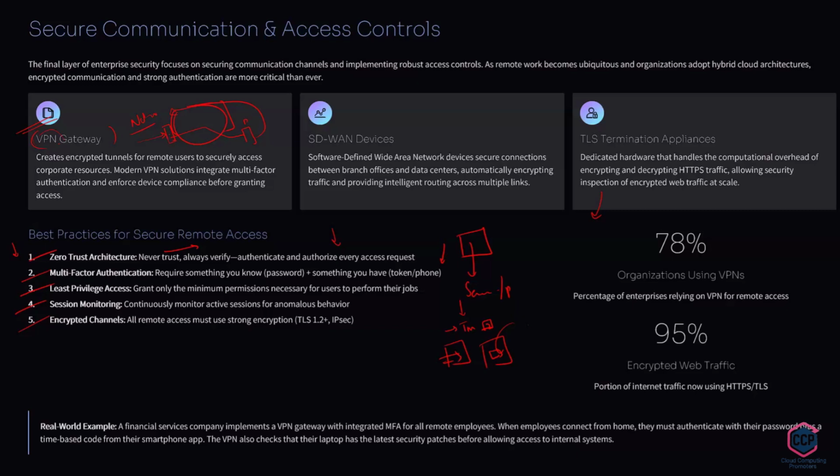Okay, as we discussed, here we also have a count. 78% of organizations are using VPNs, where 95% are using encrypted web traffic. The remaining 5% are using HTTP, which is not encrypted, even now. And here 22% of people are not practicing this VPN,